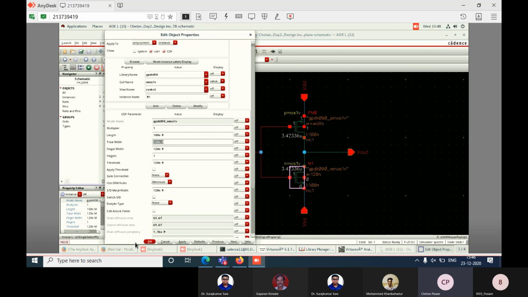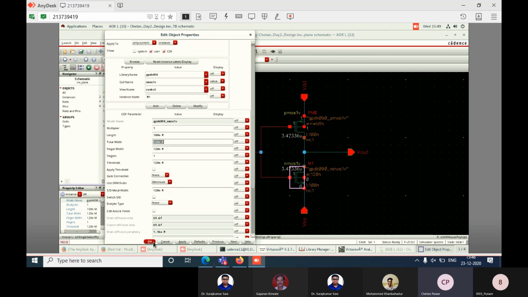If the width of the NMOS is 120 nanometer and I vary the width from 200 nanometer to 250 nanometer, then for some value we will get the symmetrical inverter. Symmetrical inverter means rising and fall time will be equal.